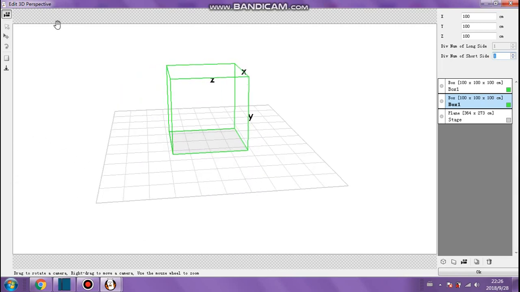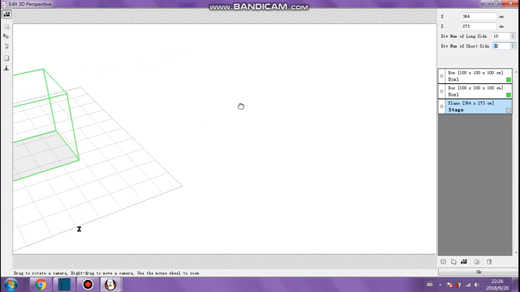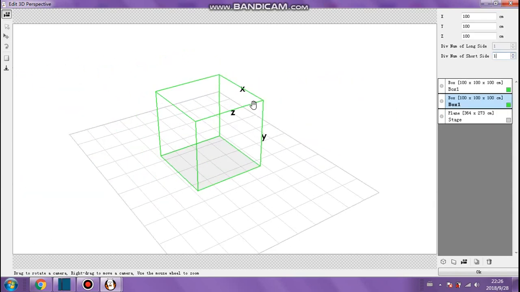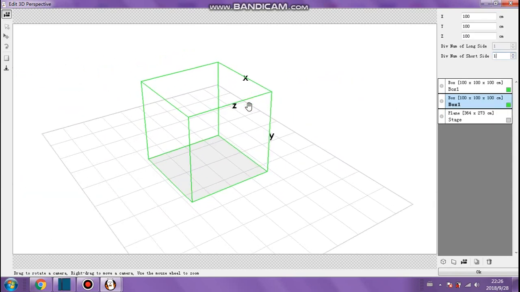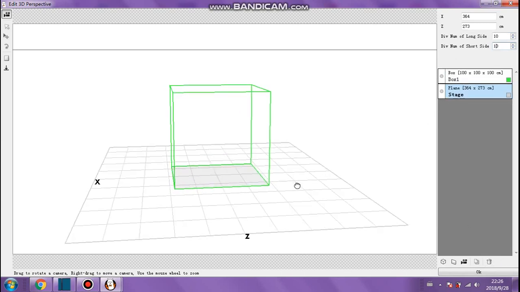Okay, we've got this camera selected on the top left of screen here, and we're using the left mouse and the right mouse button and the middle mouse wheel zooming in and out for our camera angles, regardless of what layer we're on. I'm going to delete one of those boxes for now, and we're just going to have the stage, which